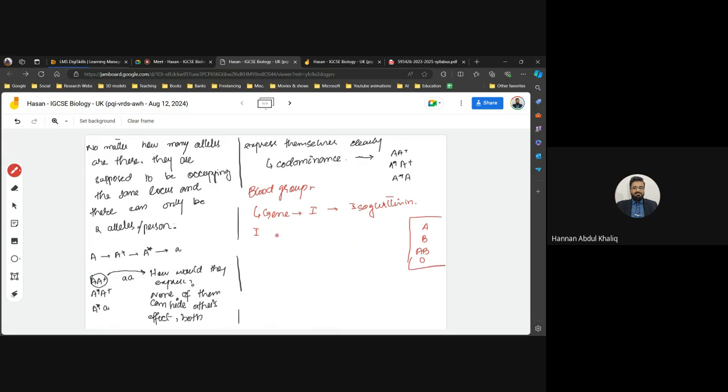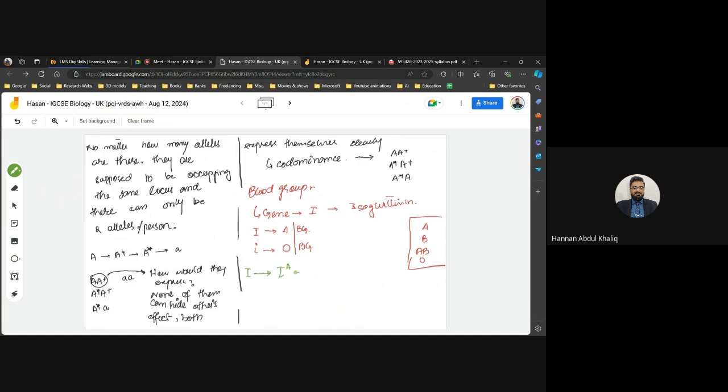If you had a dominant allele for blood group, and let's say this allele is expressing A blood group, and then there is a recessive allele to represent O blood group, what does it mean? It simply means you wouldn't have more than two blood groups, right? So how is it possible that there are more than two blood groups? It could only be possible in case of multiple alleles. See, the I gene